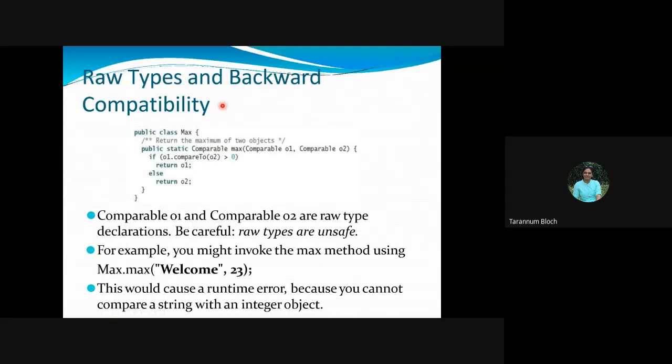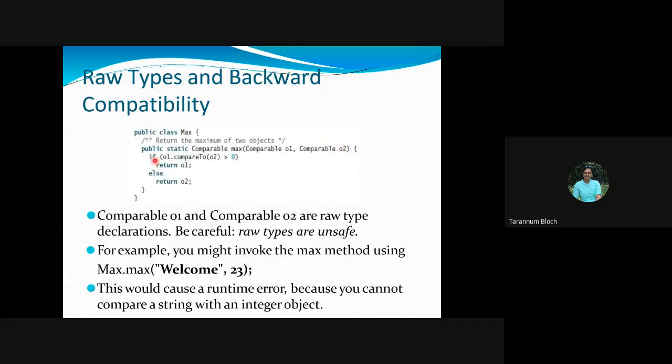So, raw type and backward compatibility. Given an example, you see we have a public class Max, and we have a public static Comparable max. What it will do is compare two objects. So we have Comparable object1 and Comparable object2.